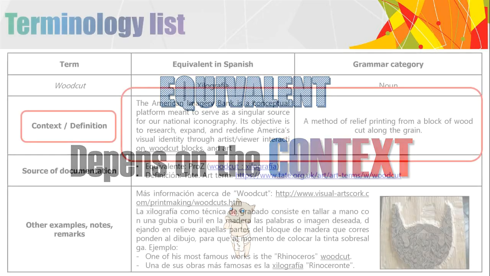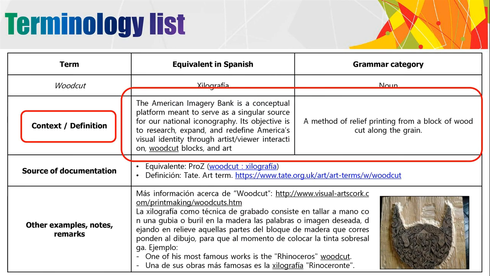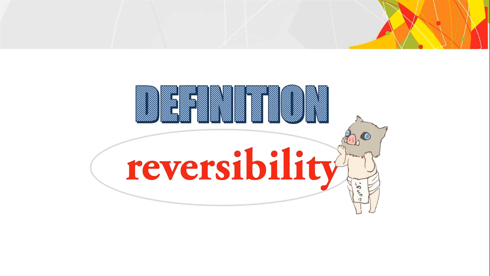As for the definition of the term, I have to say that its main characteristic is reversibility. I mean, when I say this because the user, when it's read, can determine the term by referring only to the definition. And when it comes to defining a term, there are so many types and ways, but I just want to emphasize some basic parts that have to be included,